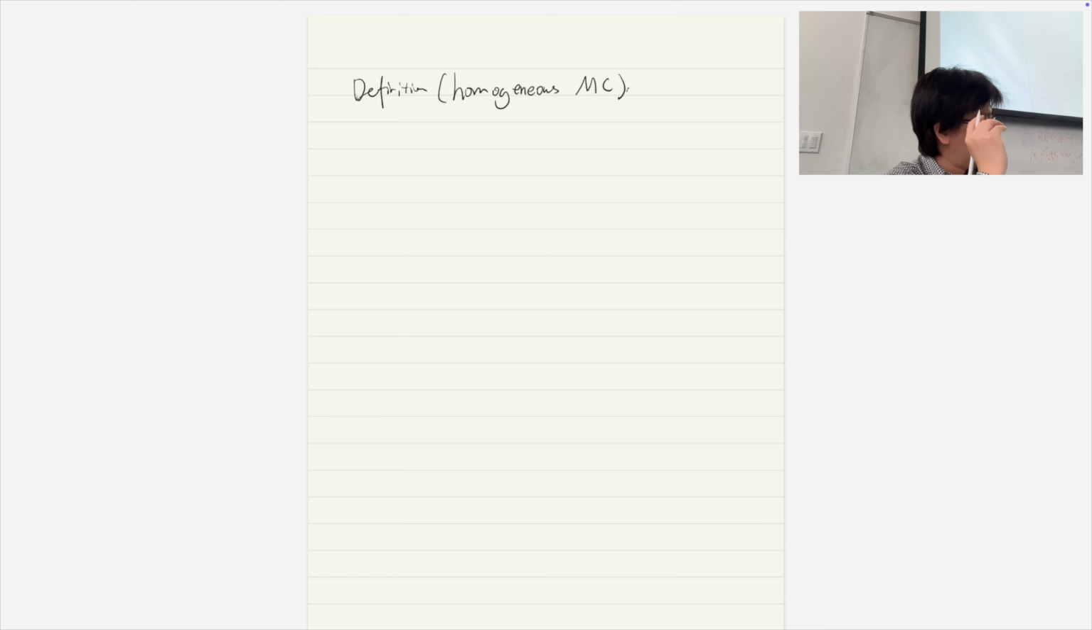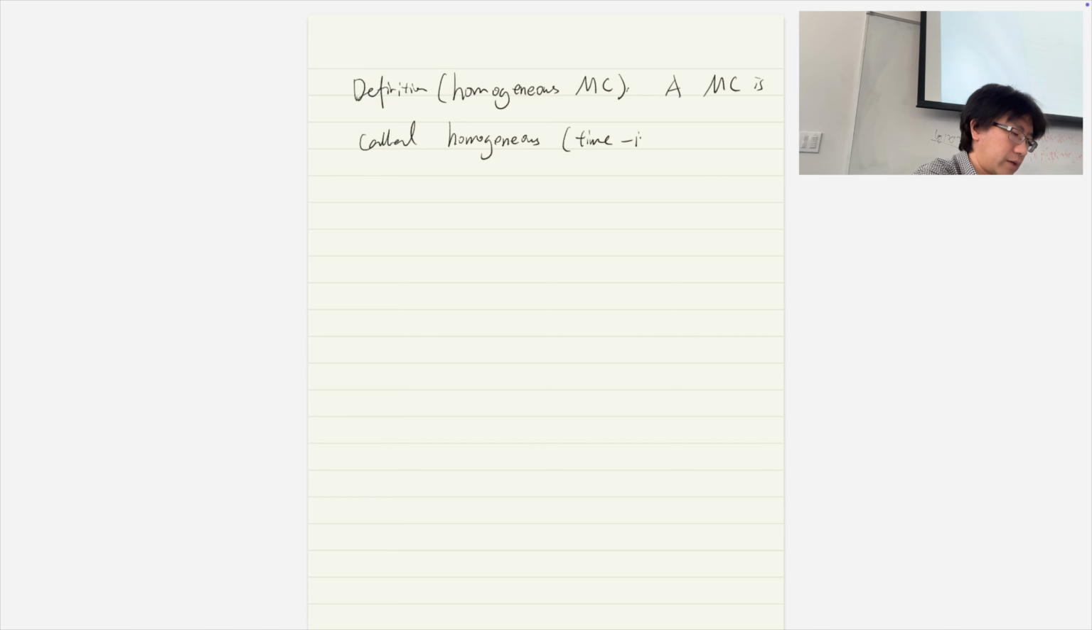We're going to give a definition of a homogeneous Markov source, or homogeneous Markov chain. The homogeneous Markov chain is kind of like the stationary version of the Markov chain: the transition probability does not depend on time. It's always the same. Let's say a Markov chain, MC, is called homogeneous, or time invariant,